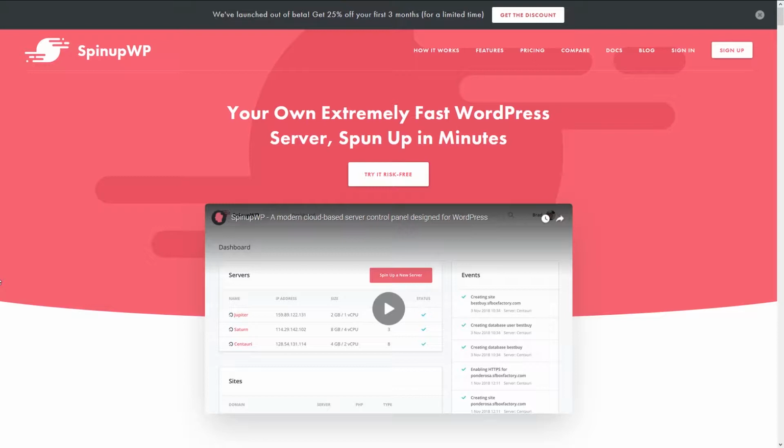Today I'm looking into SpinupWP, or SpinupWordPress. First, I will explain what it is. I will do a small walkthrough to go through the most important features, and I will also discuss how I like it. So, what is